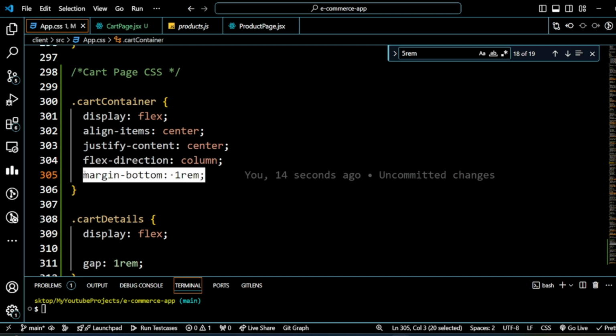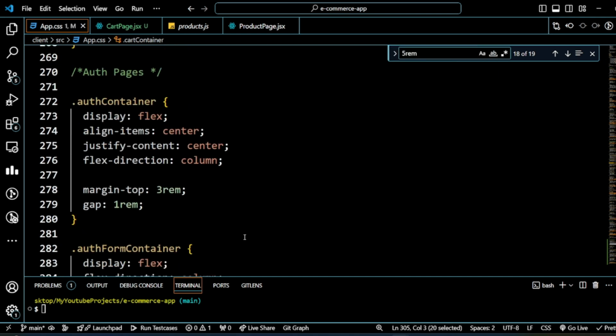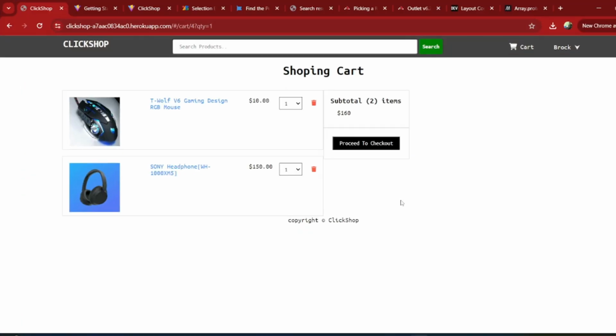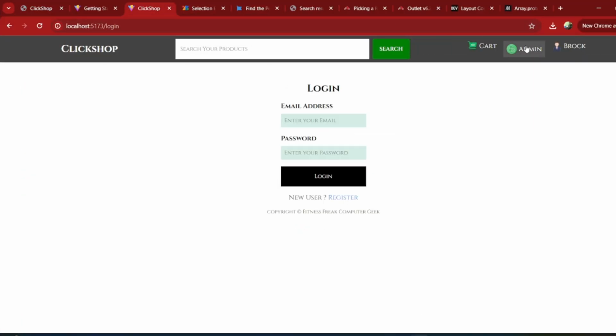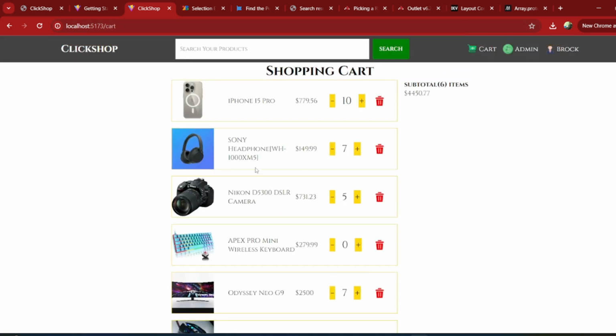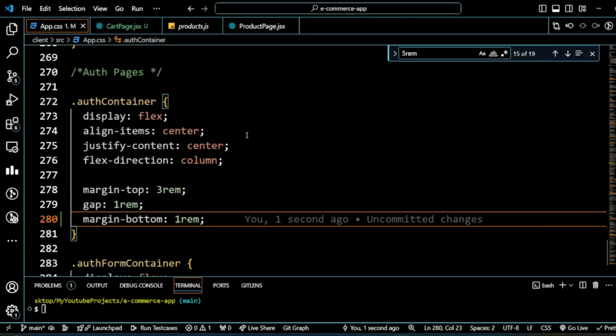So let me, auth container maybe. What is that? Okay, get back to cart. So the cart page is really available now. I should reduce the font size maybe. Yeah, font size of